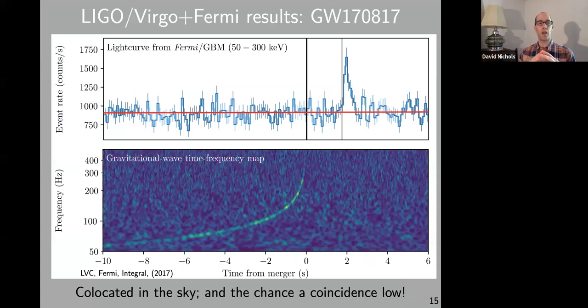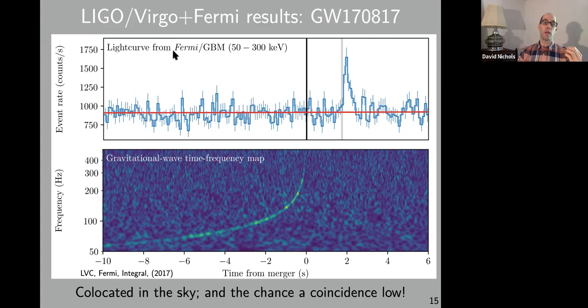Another interesting effect happened as a result of a binary neutron star merger. So there's this gravitational wave event in 2017 on August the 17th. And what's shown in the bottom is the frequency evolution of the gravitational waves as a function of time. So this is sort of the track that one would expect to see from a binary neutron star merger. And then only 2 seconds later,